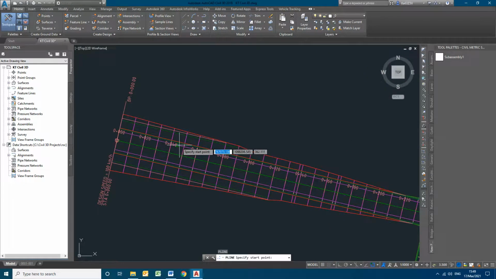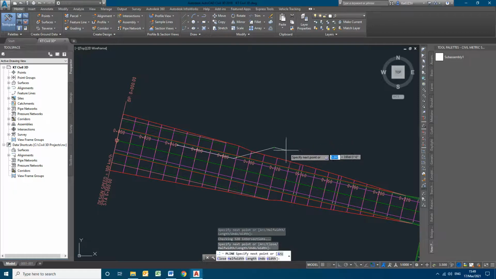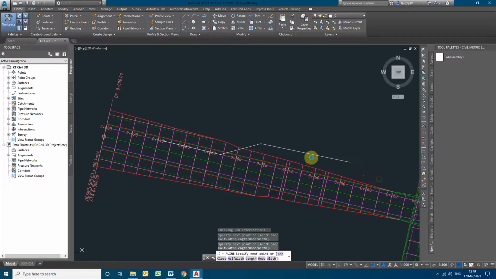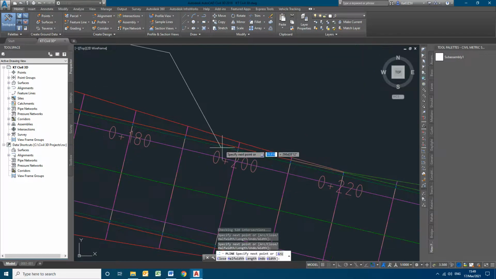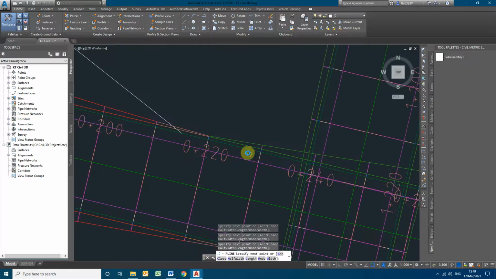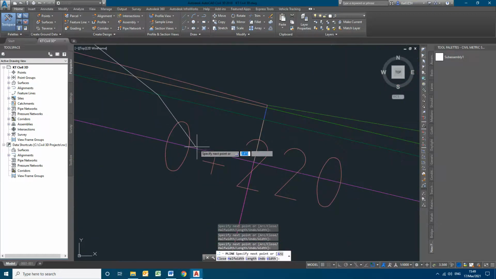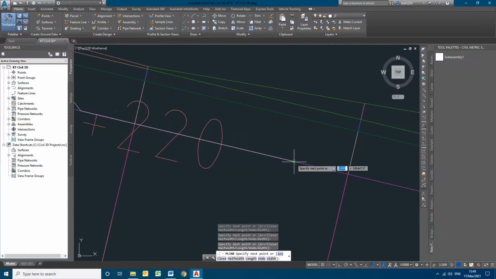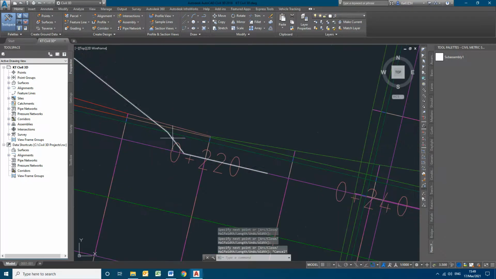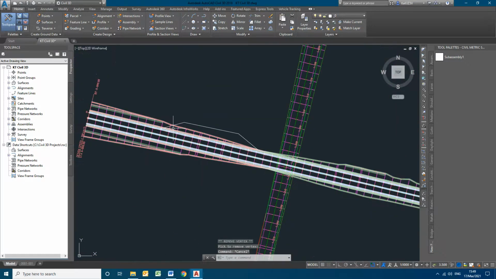So simply I am adding a polyline. So in case this is your bus bay area, with some taper, you have to apply the proper taper, and then, so this is the bus bay area in case.